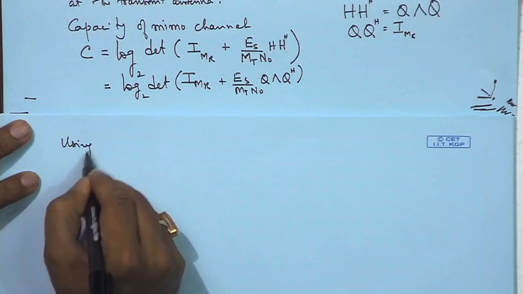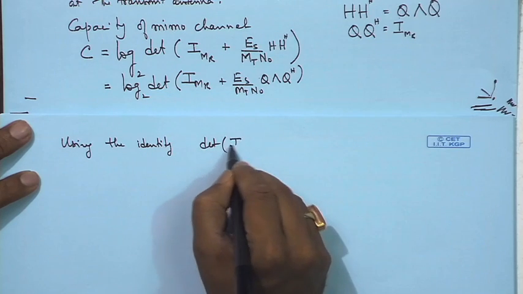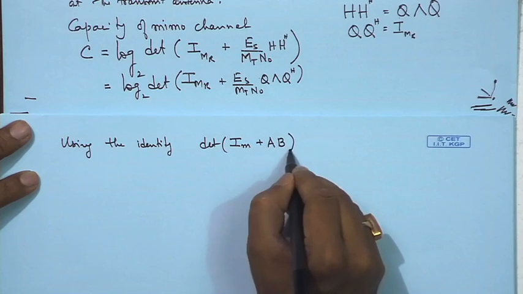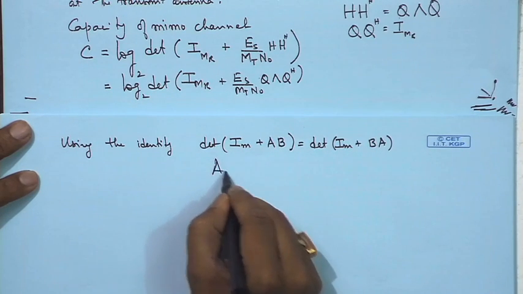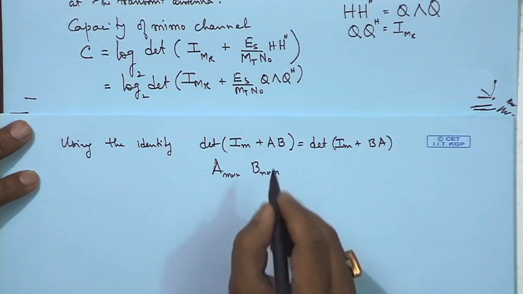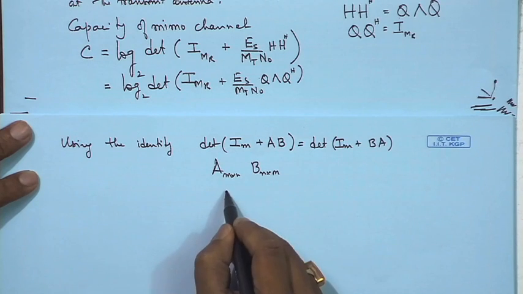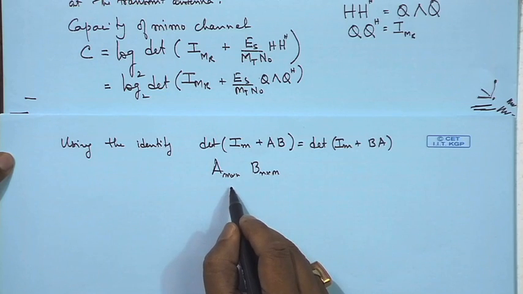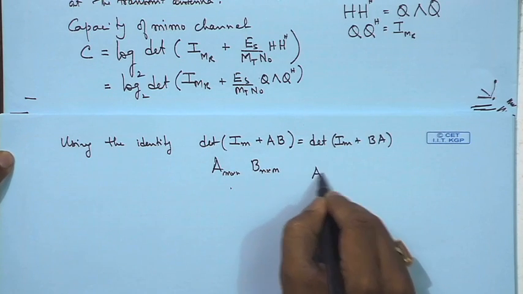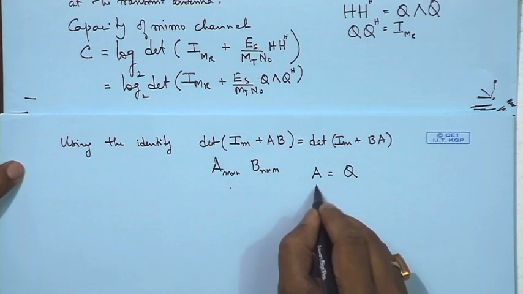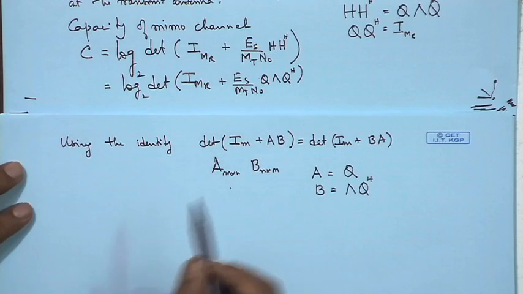So, now we will be using the matrix identity that determinant of I m plus the product of the matrices A and B could be set equal to determinant of I m plus the product of the matrix B times A. You can take A to be m cross n and B to be n cross m. We also have Q Hermitian Q as I m r. So, suppose I set A is equal to Q and I set B is equal to lambda times Q Hermitian. Suppose I use this in the expression above, what I would get is